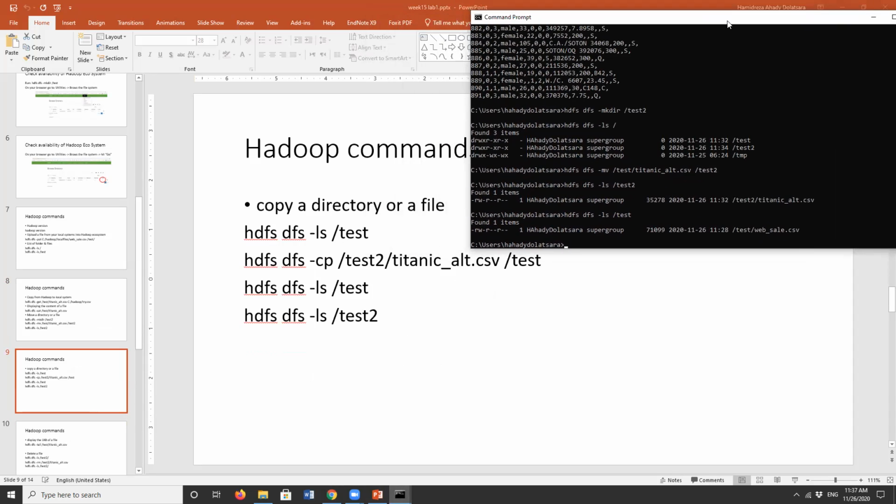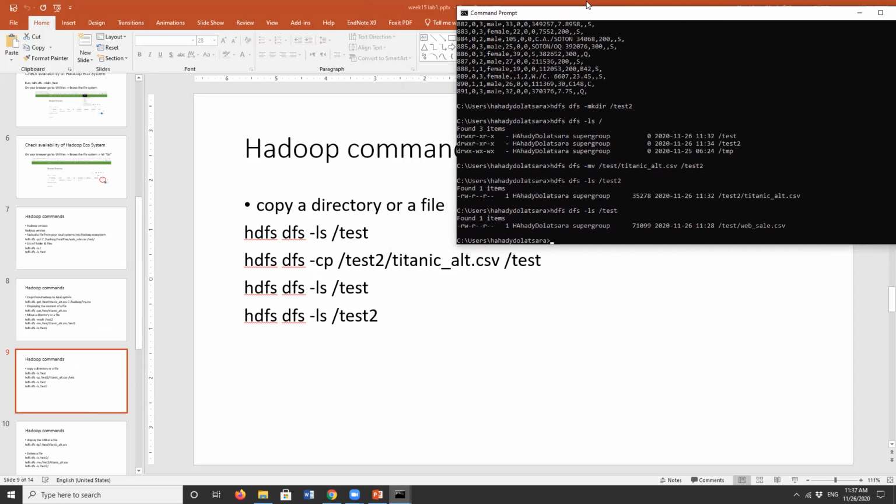So move or cut and paste may not be the most secure way of copying because you may lose it. So what can you do? Also, you can copy. You can copy a file from a Hadoop folder to another one. So again, hdfs dfs -cp stands for copy